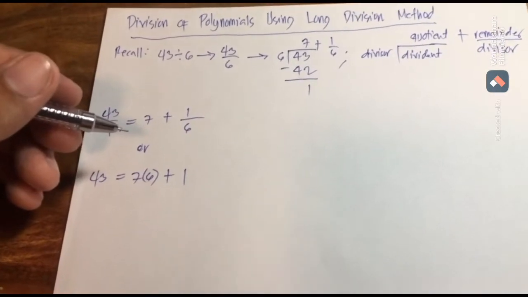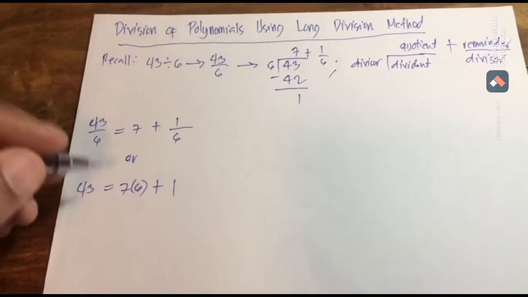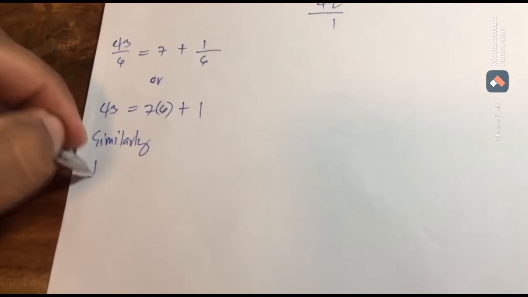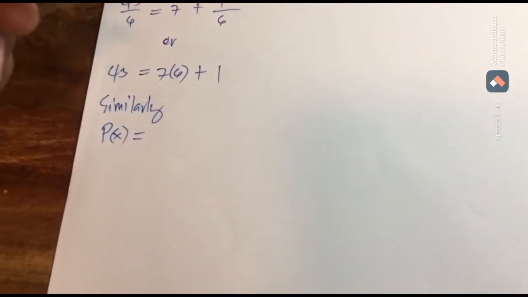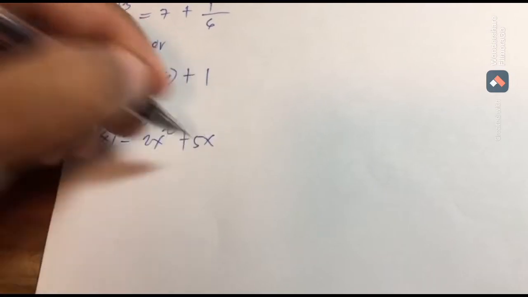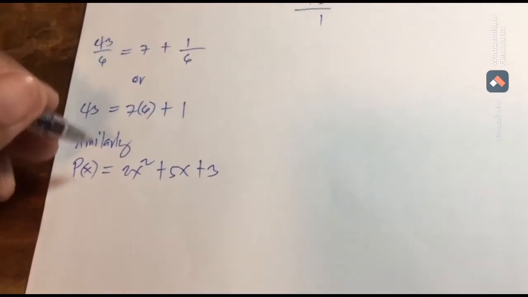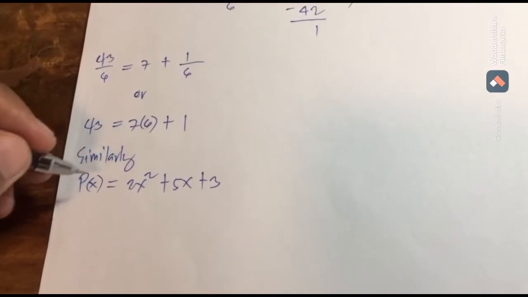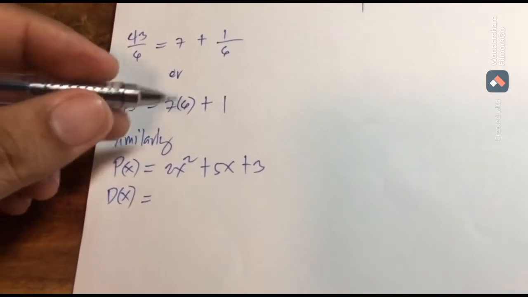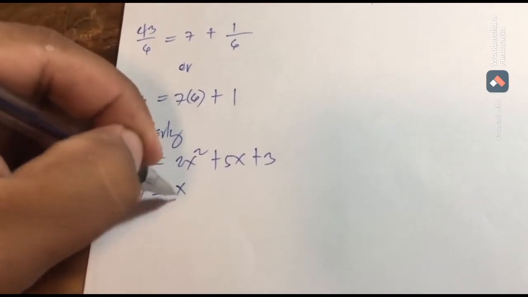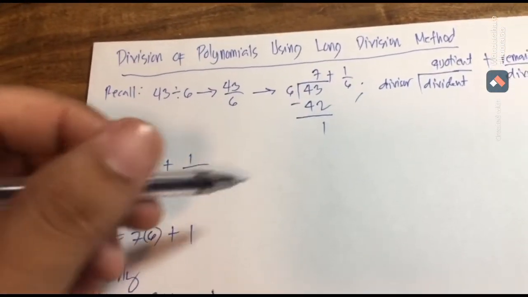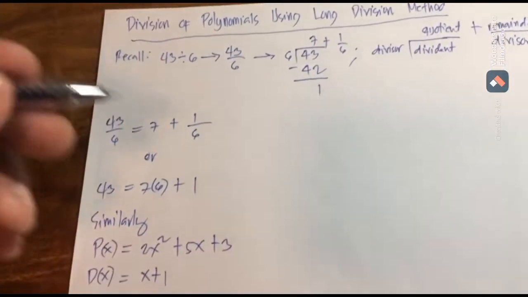Now, similarly to the long division of polynomials, I have my dividend in terms of x. P of x, say I have the dividend of 2x squared plus 5x plus 3. Then perhaps my divisor would still be in terms of x. So d of x, this is my divisor, say x plus 1. So if we use the bus stop presentation using this symbol, we can rewrite this as,